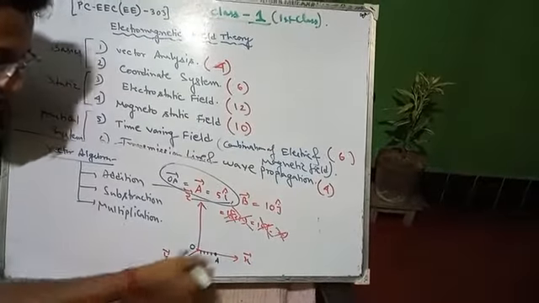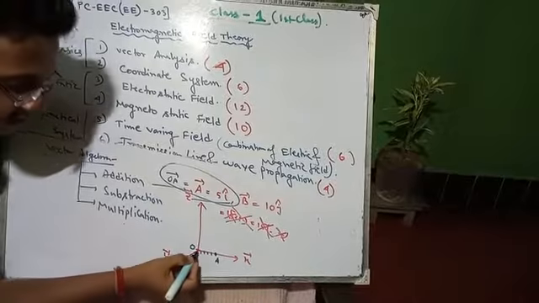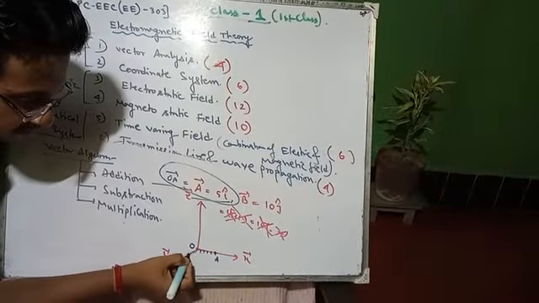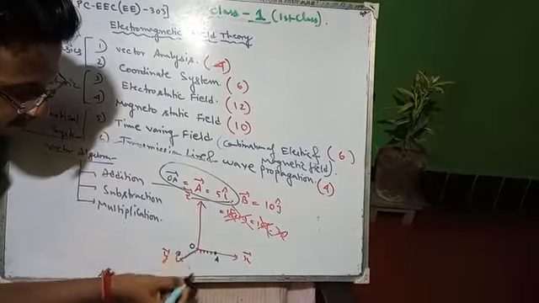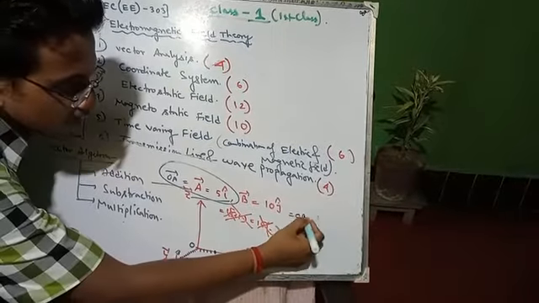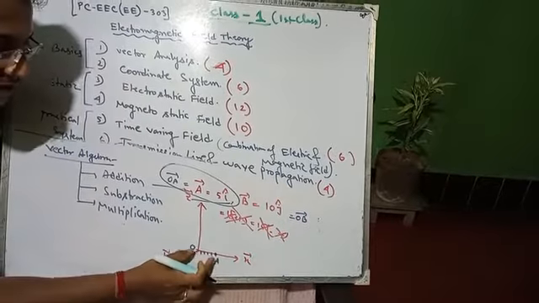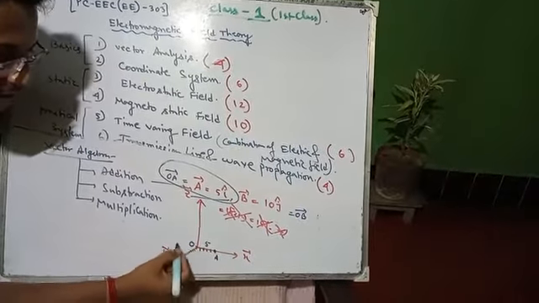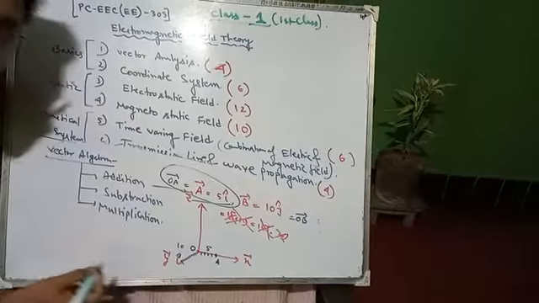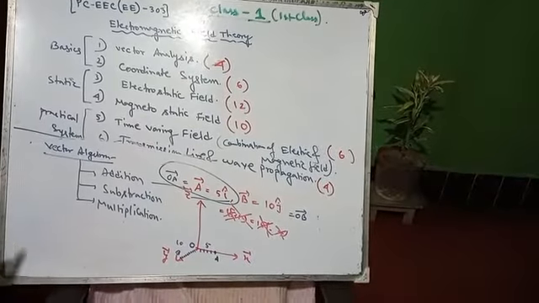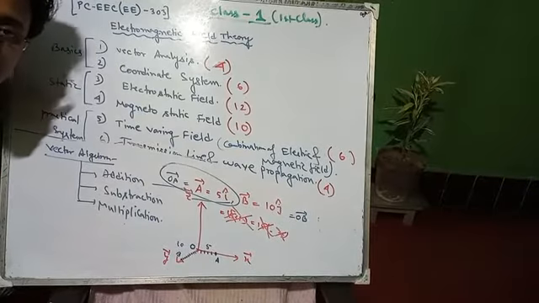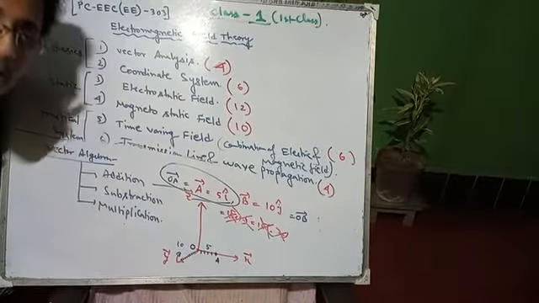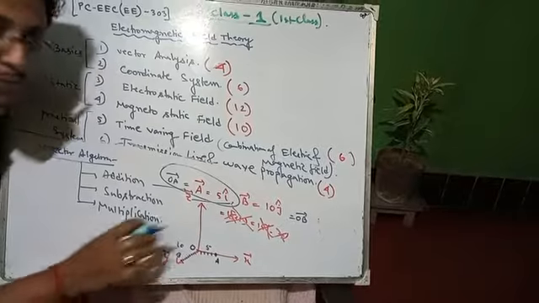And J cap means along the Y direction. So 1, 2, 3, 4, 5, 6, 7, 8, 9, 10. This is suppose B vector, so OB. So OA vector will be 5 units, OB vector will be 10 units. So how to add them? You have to add it by using a rule called what? Parallelogram rule or triangular rule. So what is a parallelogram rule?